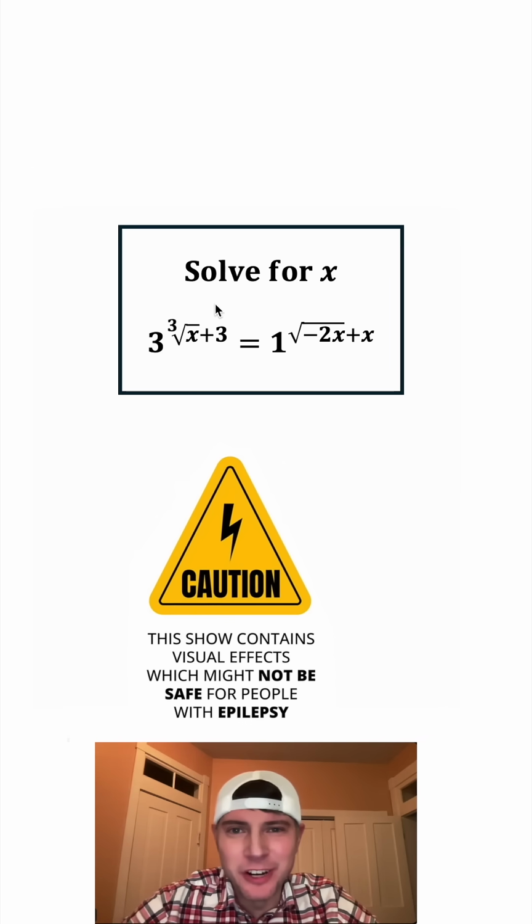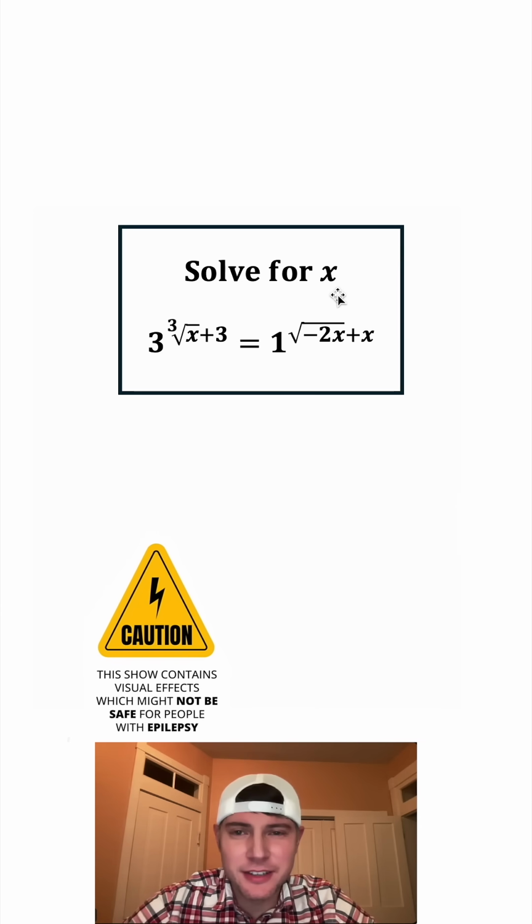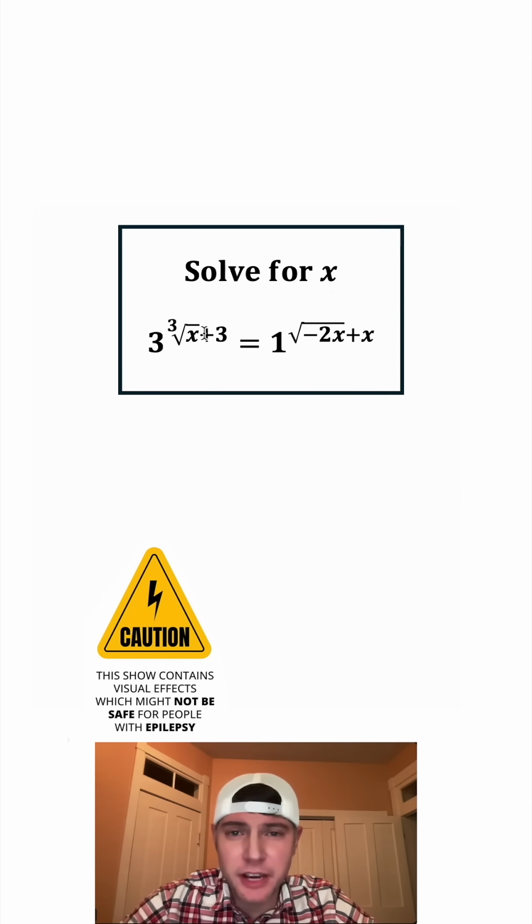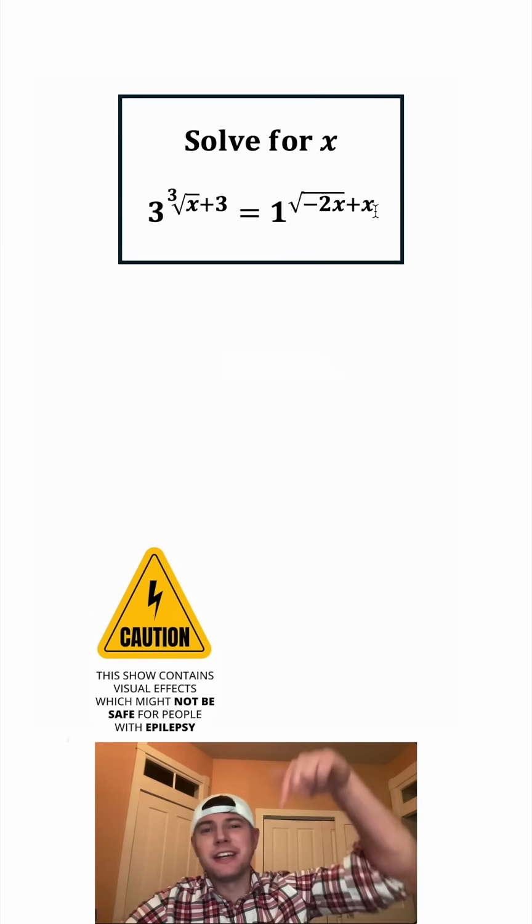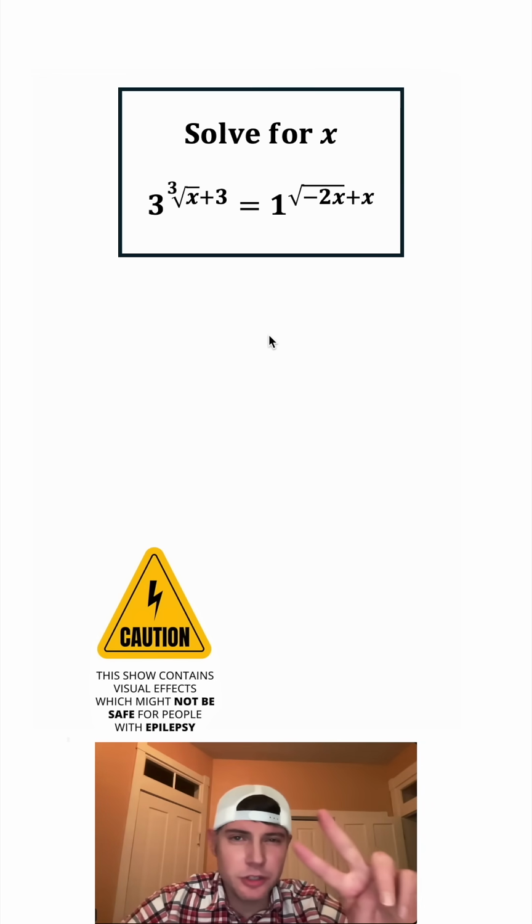Hey guys, this looks like a fun one. It says solve for x. We're given 3 to the power of the cube root of x plus 3 equals 1 to the power of the square root of negative 2x plus x. If you want to try this one, pause it right now because I'm going to solve it in 3, 2,